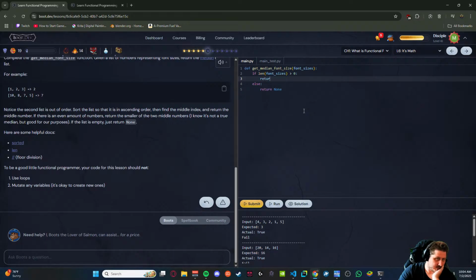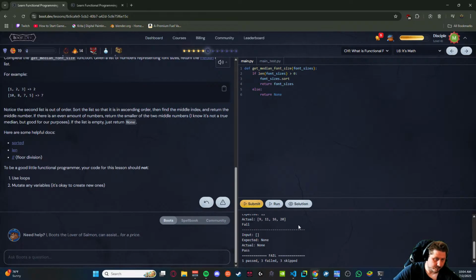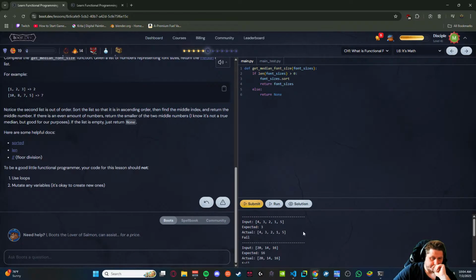Okay, now I need to also sort it. Sizes dot sort, return font sizes, 43215. So it didn't even sort it.